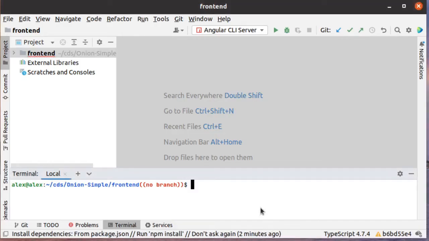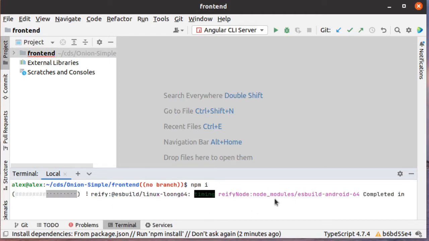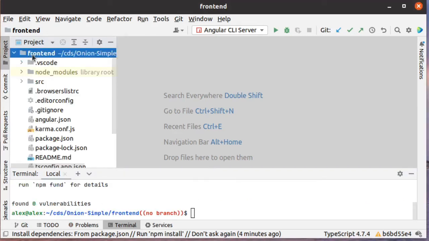And now we're ready to implement the front-end part of the system. I just opened up the front-end folder. It's simply just a folder inside of the Onion symbol repository. And the first thing you should do when you open this one up is to just write npm i. This one installs all the dependencies. And now once it's done building, you should be able to go in here and see that you have a